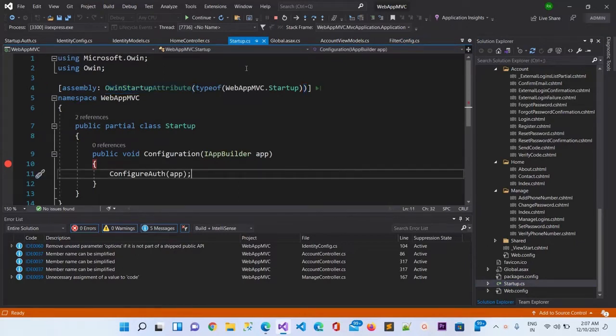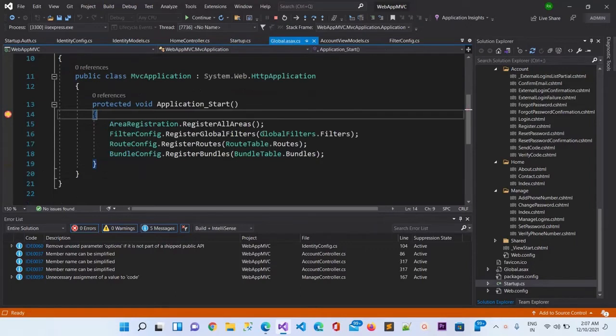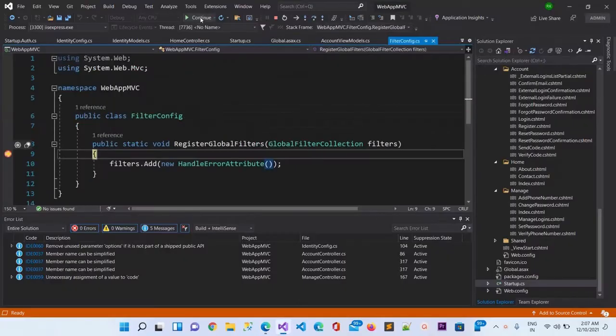You can see the breakpoint has been reached for the first time at global.asax. I will click on continue, and now it has started loading the application. After that you can see it is in the filter config, which means after global.asax it reaches the filter config file.